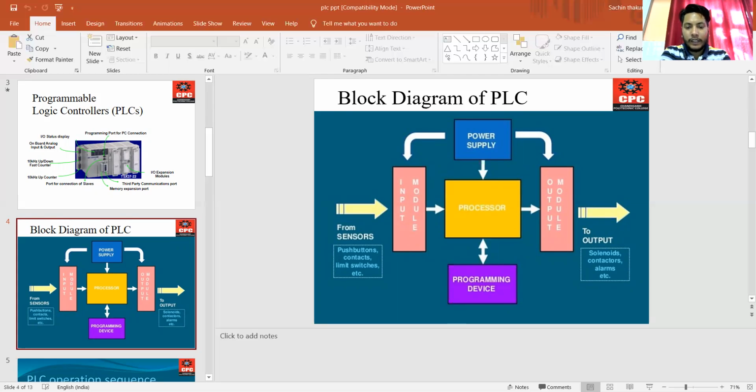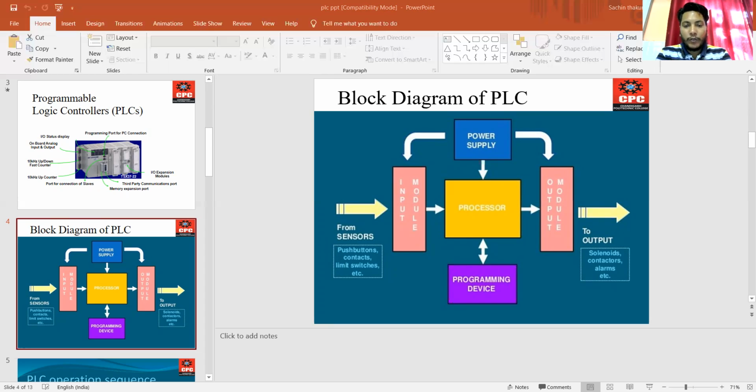First of all, what is the input module? The input module is the mediator between the input devices and the central processing unit, that is the CPU or the processor. The main function of the input module is to convert the analog signal into a digital signal, because the PLC can take only the digital signal.